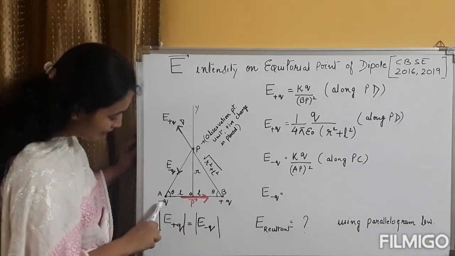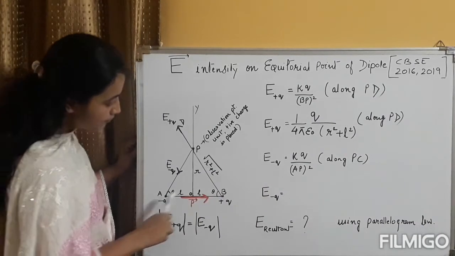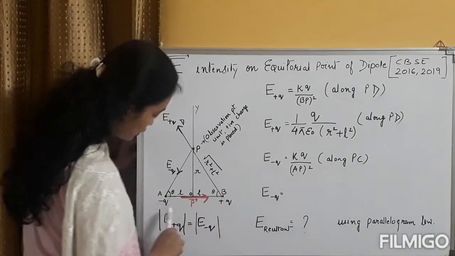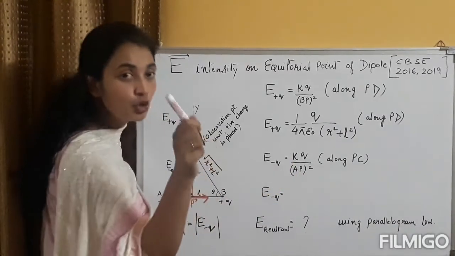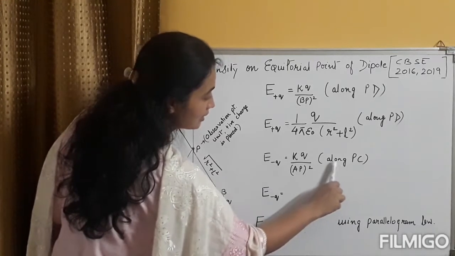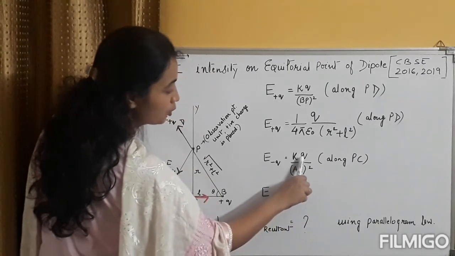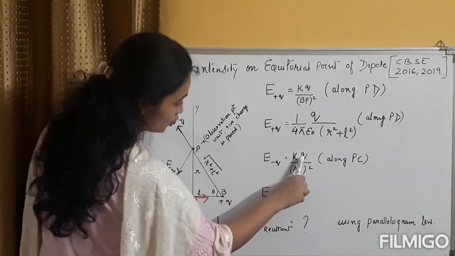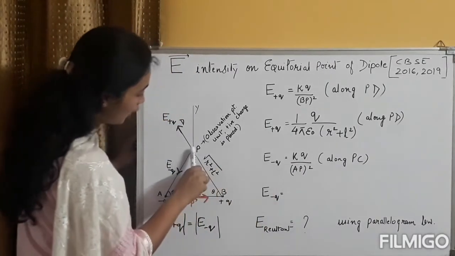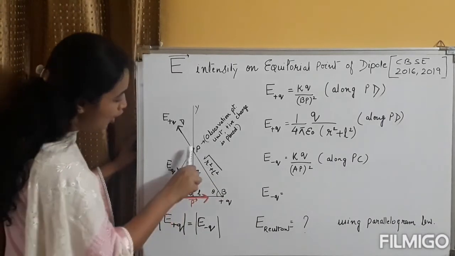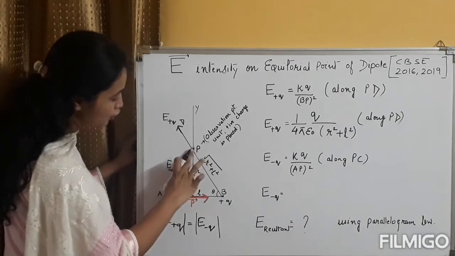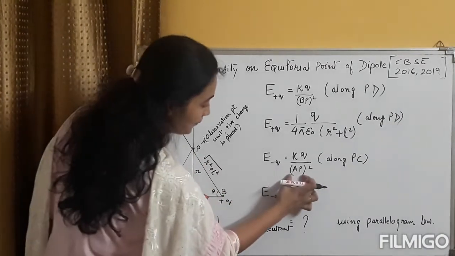The electric field magnitude due to minus Q will be again K constant. Source charge is Q. We are using the magnitude only. I told you direction, whether it is plus Q or minus Q, is indicated in the brackets. Here we will always put the value of magnitude. So magnitude of the charge is Q only, and distance of the charge from the observation point. Charge is at A, observation point is at P. So it is AP square, the magnitude of this vector.